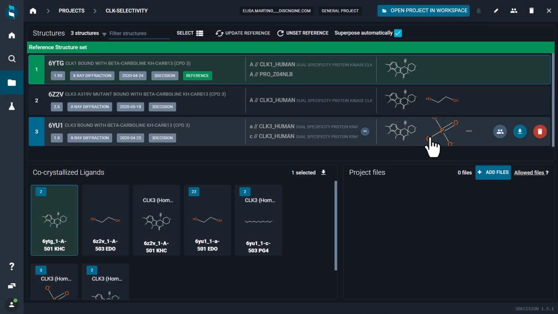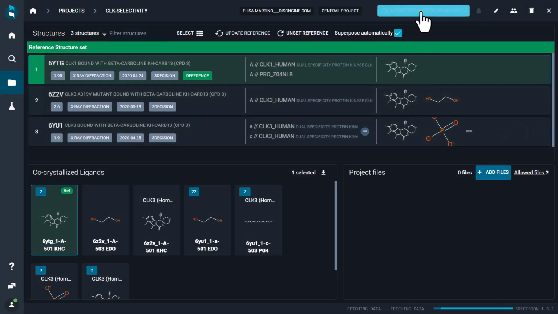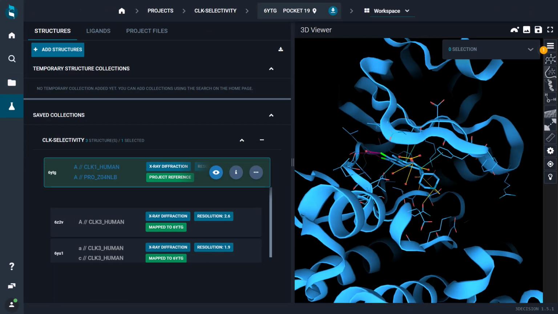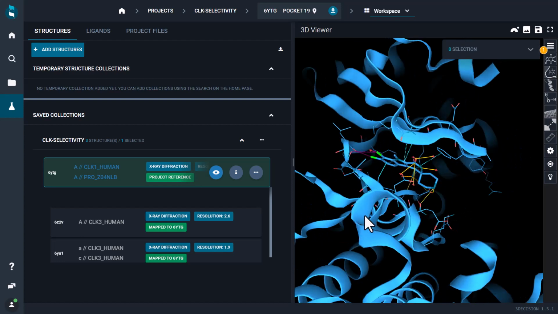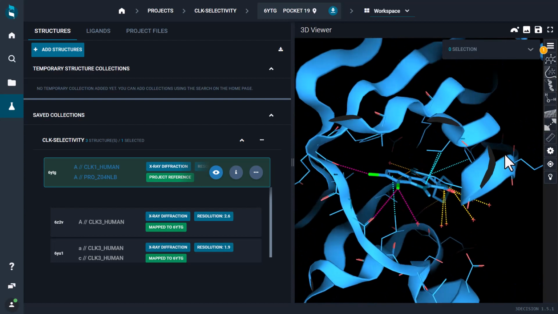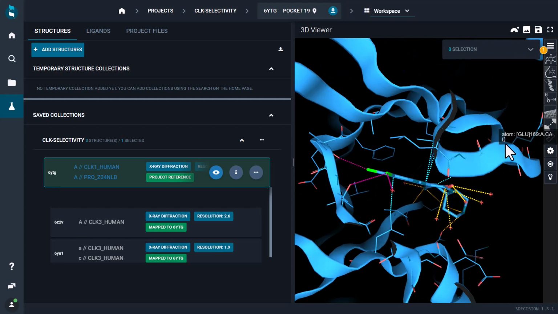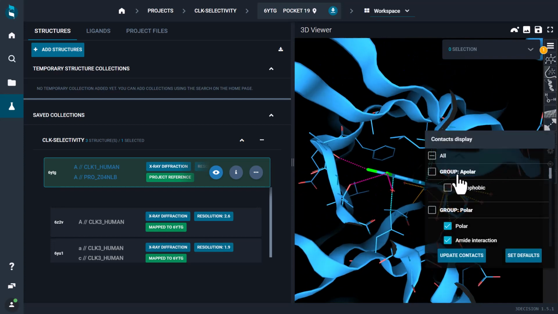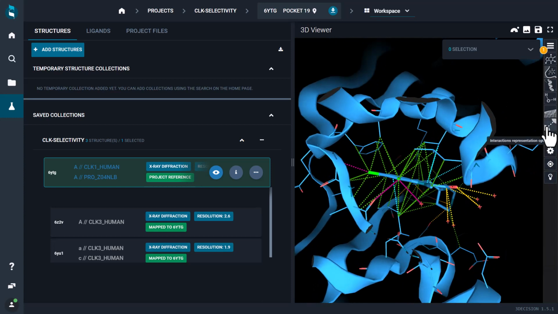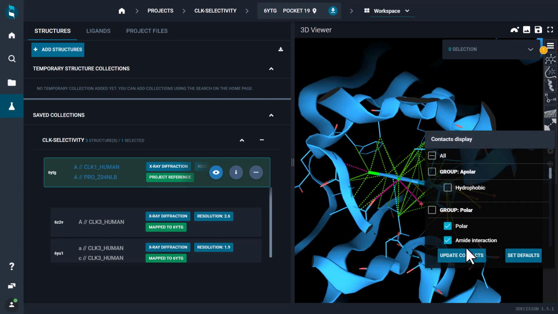Then, we can open our project in the 3-decision workspace. Here you have a 3D viewer for the visualization of protein structures. When a protein is opened in the 3D viewer, a set of protein-ligand contacts are automatically displayed. You can also choose which interaction type to show from the full interaction list. In this way, you can easily inspect how the ligand binds to the protein, without the need to export the structure